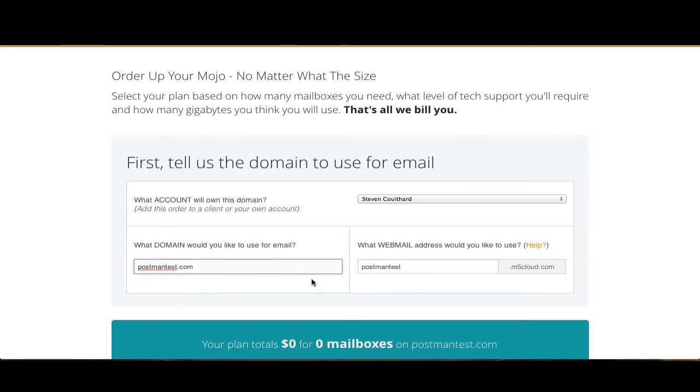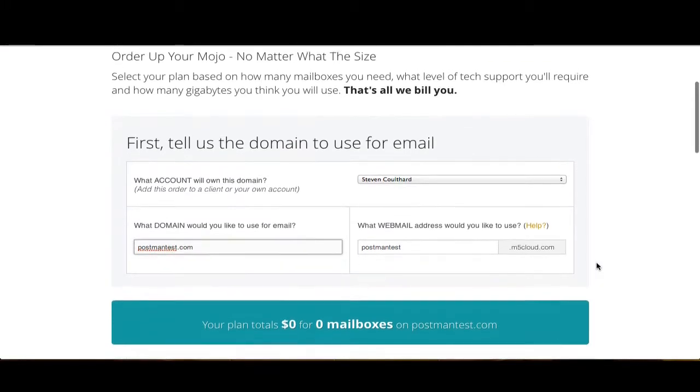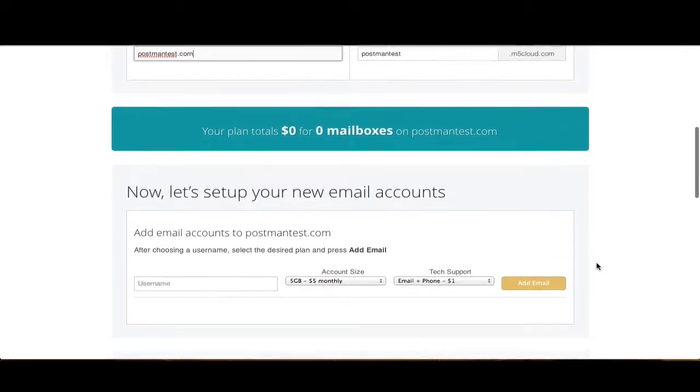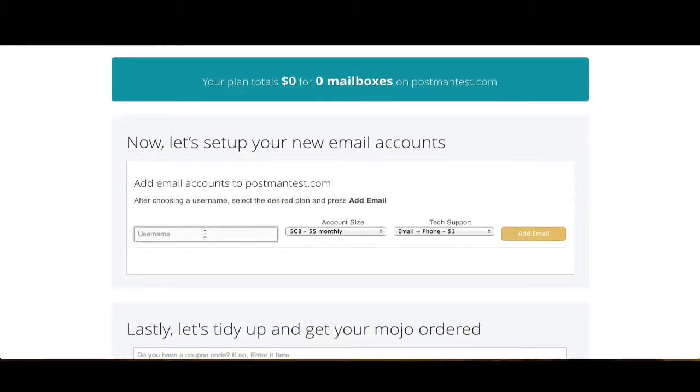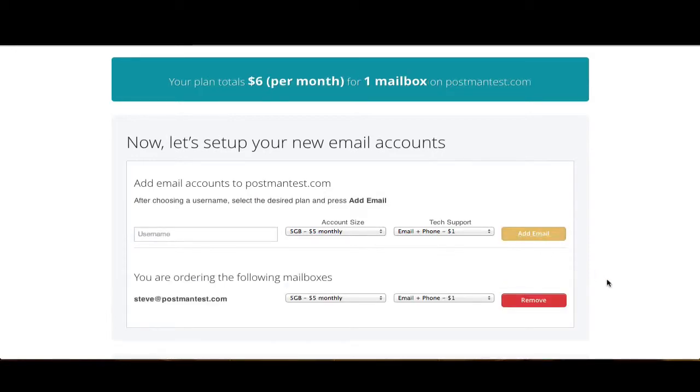And then you drop in your domain, and I'll just put a Postman test. postmantest.com. Alright, and so if you notice here, the webmail address automatically pops up. You can change that if you wish, but we keep it in there just to set it up. And the first username will be Steve at PostmanTest. So I add the email, and that essentially drops it into the cart,